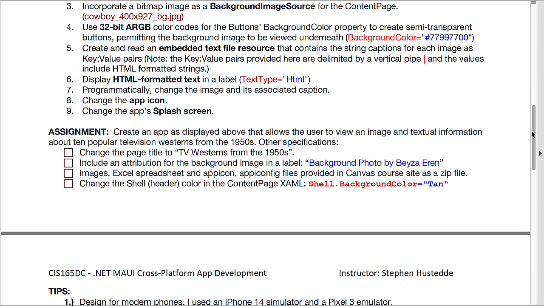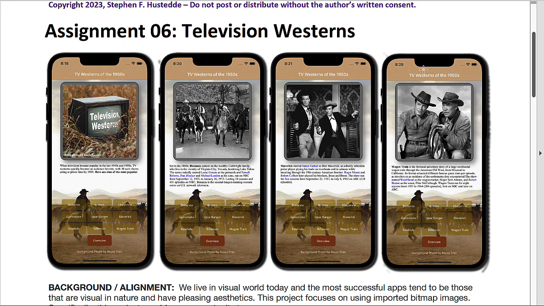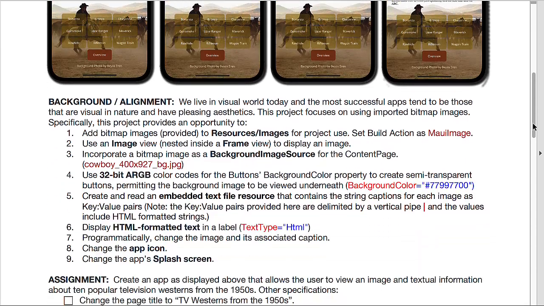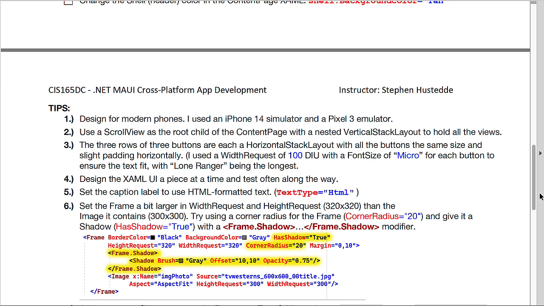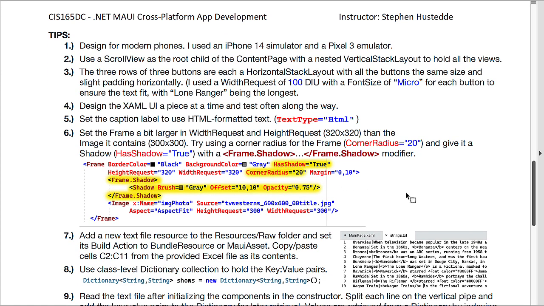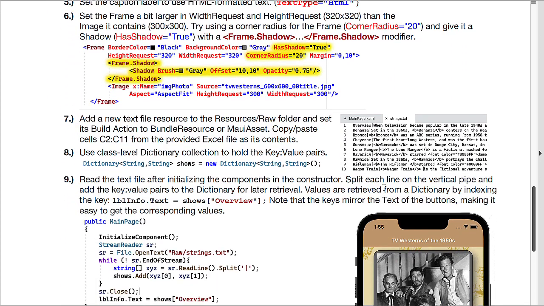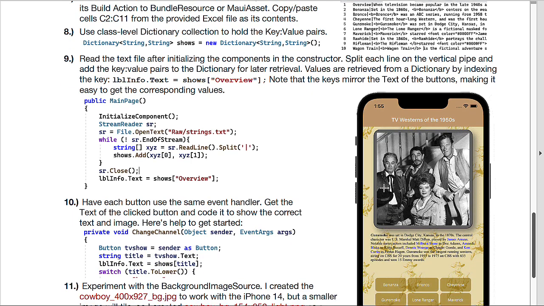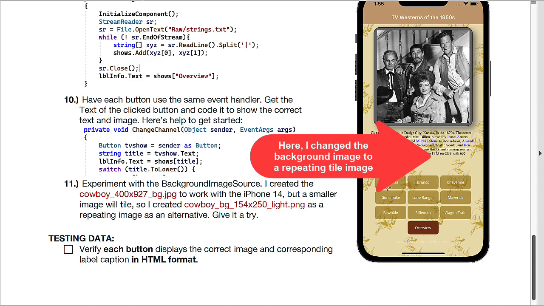Give you a few additional instructions. I changed the shell background color so it was tan rather than the traditional purple that comes out of the box for .NET MAUI. And then some tips, including a little bit of code that I used, such as to add in a shadow for our TV image. Then when you test, make sure you click each button and that you're getting the correct image and the correct